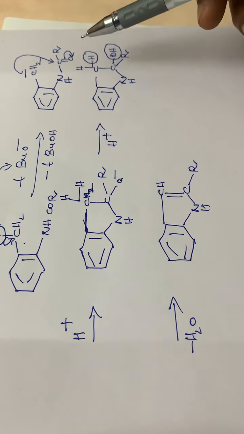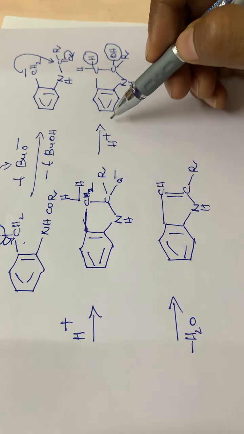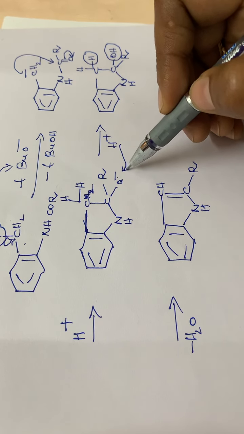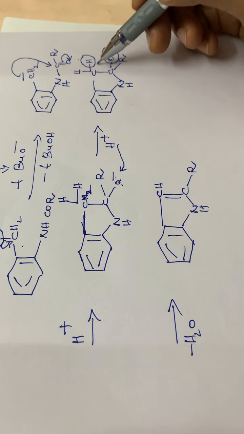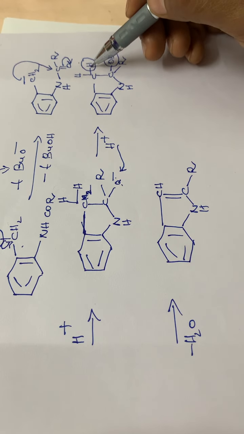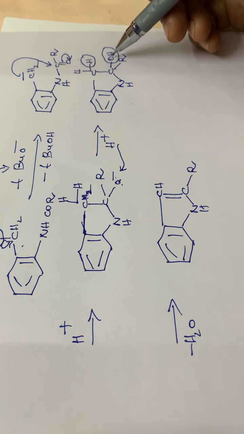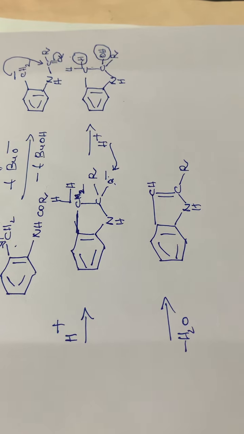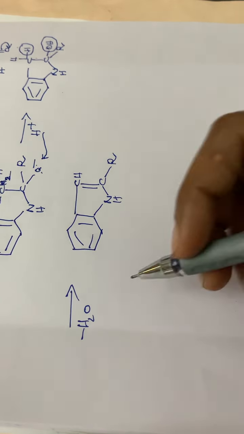So these are the steps. I hope you are clear. At this position, one H plus is joining, attacking this O minus, so that it becomes OH. Then elimination of water, that is one of the hydrogens from CH2 and OH from this carbon atom is eliminated as water. So a double bond will be occurring. That is the last step. So that is the mistake I had made. Please excuse me. Then the next is coming to the properties.